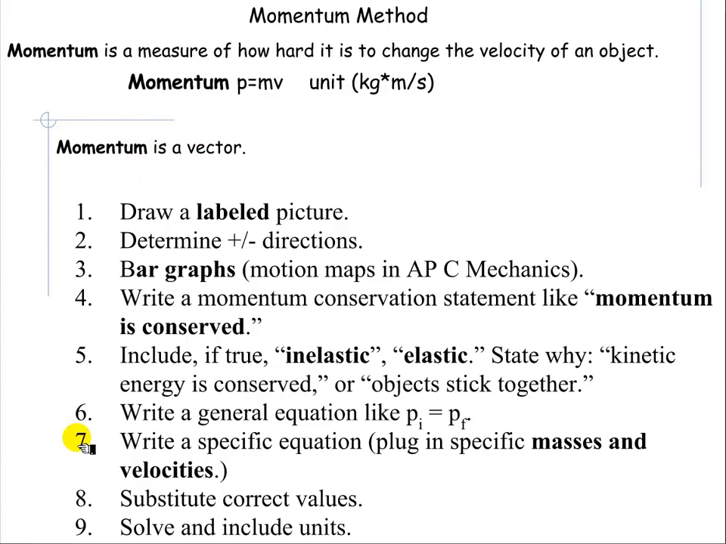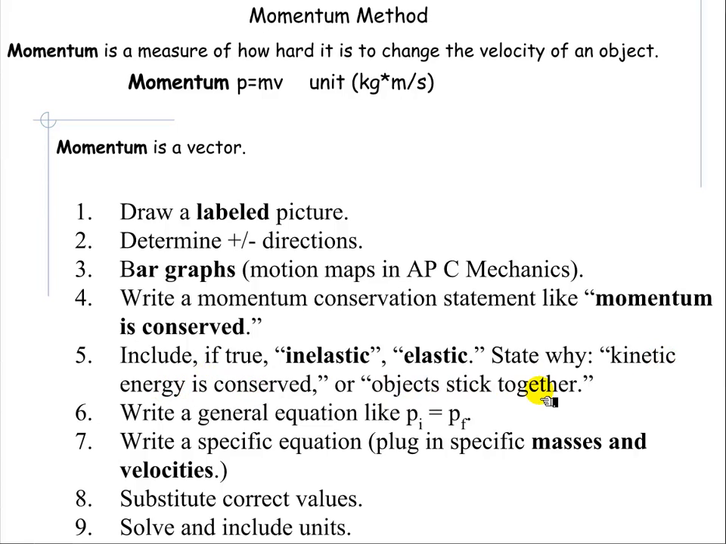There are a lot of steps to the momentum method. The first step is to draw a labeled picture. Second is to determine the positive and negative directions. Third is to draw bar graphs. AP Physics C Mechanics is expected to show motion maps as well. Next, write a momentum conservation statement, like momentum is conserved. And if it's true, write inelastic or elastic and state why: either kinetic energy is conserved